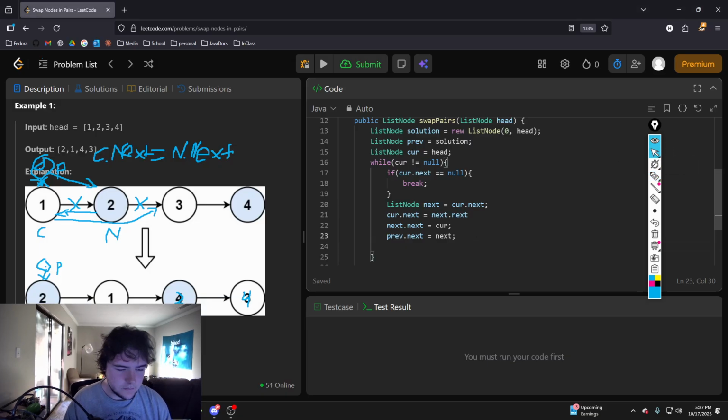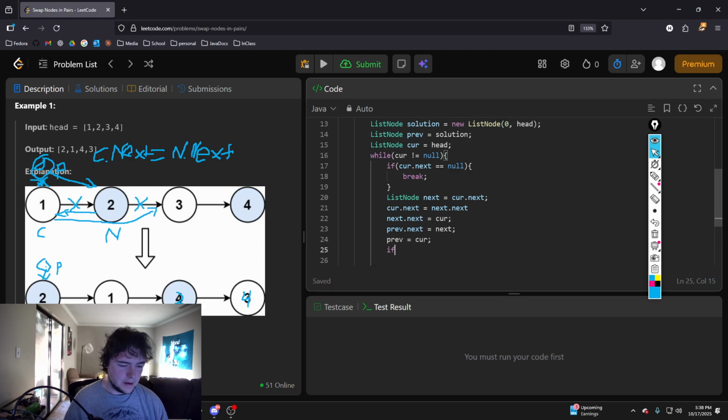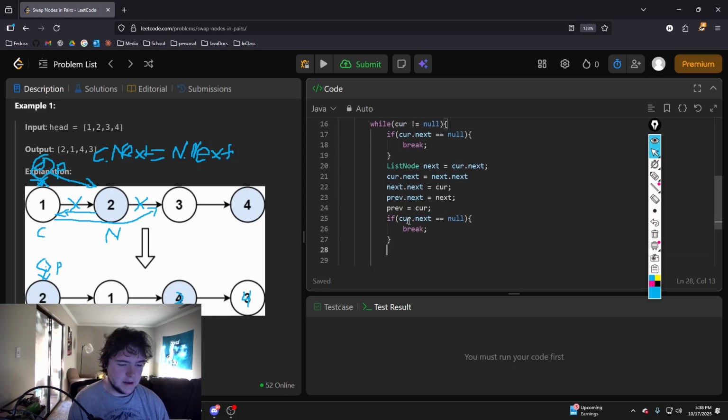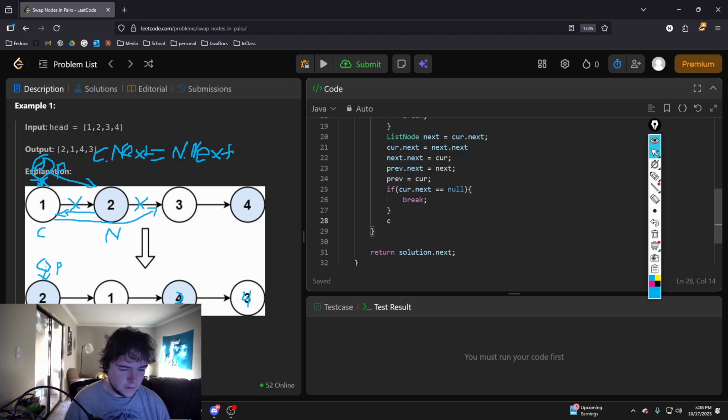All right. So next we want to set previous equal to current, and then we need to check if current.next is equal to null, and if it is, we can go ahead and break. And if not, we want to set current equal to current.next. So what this does is,